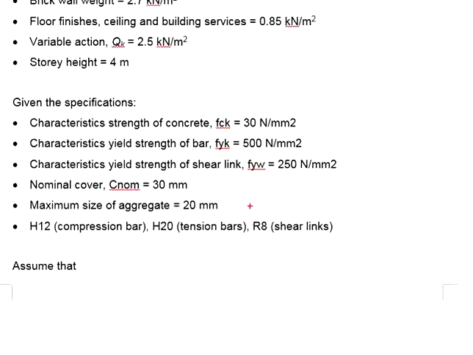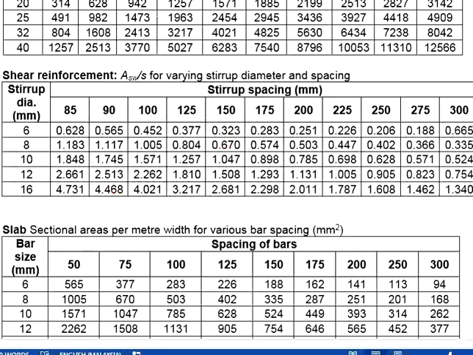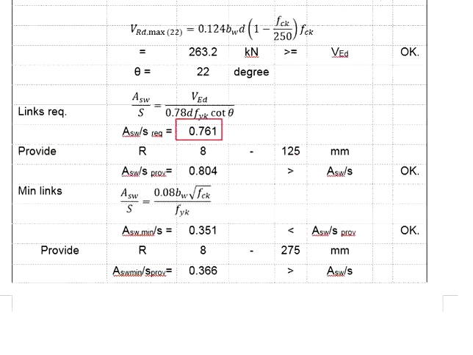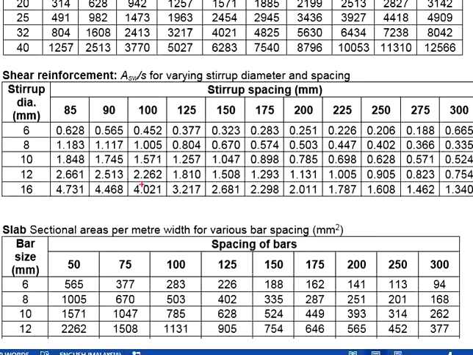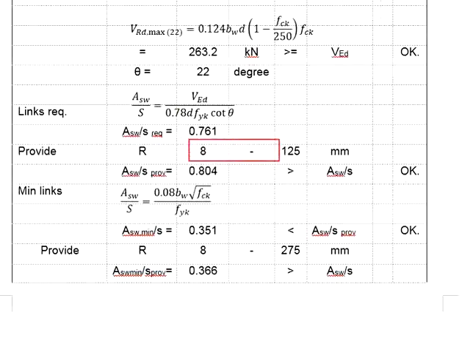The question states the shear length bar size is R8. Therefore, you are looking at the bar size of 8 mm diameter. The required shear length is equal to 0.761. You will need to provide shear length greater than that value. The closest one will be this, which is R8 spacing by 125. That gives you 0.804. That gives you R8 at 125 mm spacing with the provided shear length 0.804, which is larger than the required